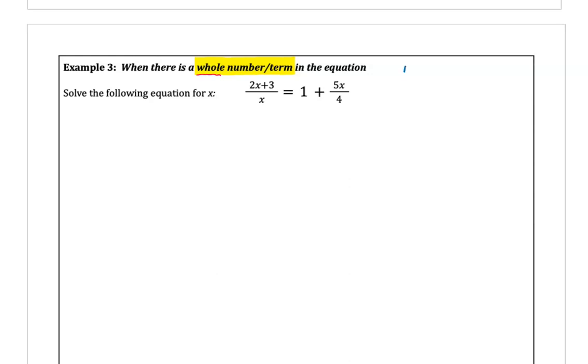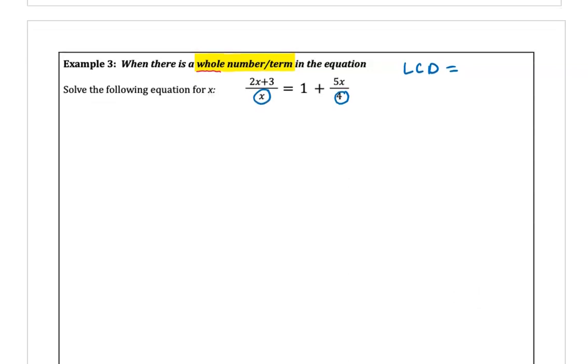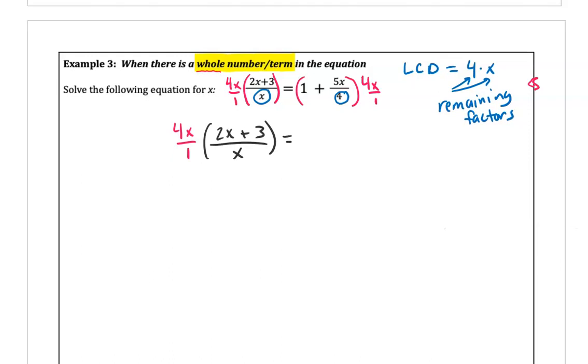So in this particular example, our LCD is pretty simple because I just have two denominators, both of which are unique. There are no common factors. Both of these are considered to be remaining factors. So I just multiply them to each other to figure out the lowest common denominator. So that's what I'm going to be multiplying to both sides of this equation, just 4x over 1. Because remember, you want to multiply by your LCD over 1 so that you're only really multiplying it to the numerator. So then if I write out what I have, if I distribute my 4x to every term,